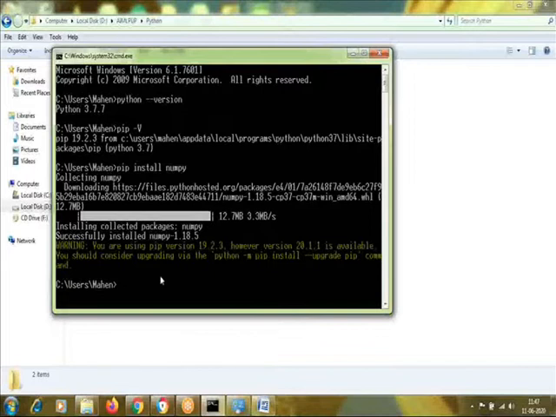Now, if you want to install multiple packages, multiple libraries together, then that also you can do by using pip space install. So we are going to use pandas, so I am going to install pandas. Also, we are going to use Jupyter Notebooks. Jupyter Notebook is installed by using a keyword called JupyterLab, so the library name is jupyterlab.